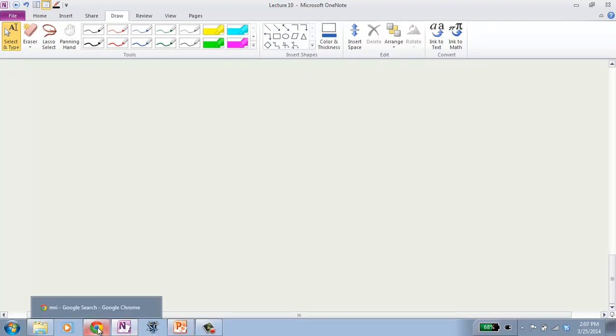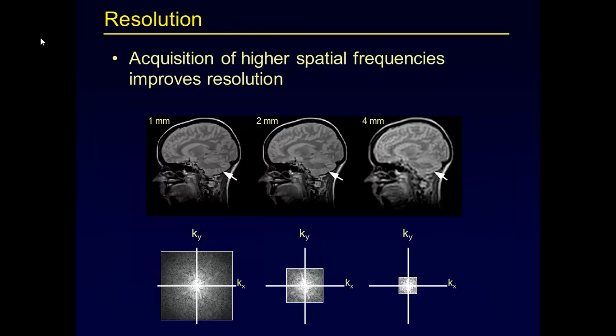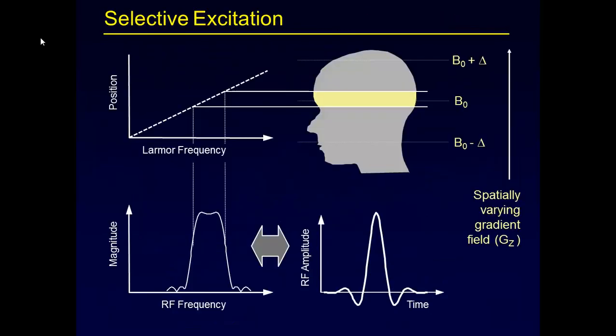You know what they're doing? The usual thing they do. They could do it all at once and still get a 3D model. But what they usually do is they do one plane at a time. And the way they do that is they put a gradient along this direction before they excite it. Now, in order to excite these spins, it's like if I had a string instrument and I want to excite it,